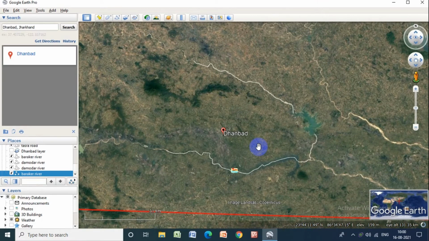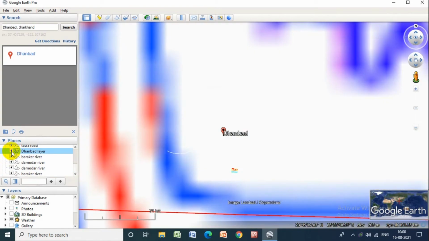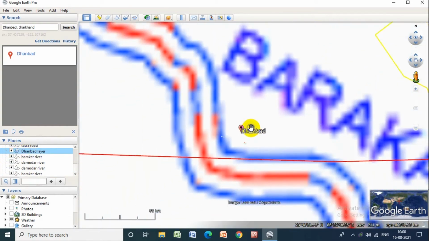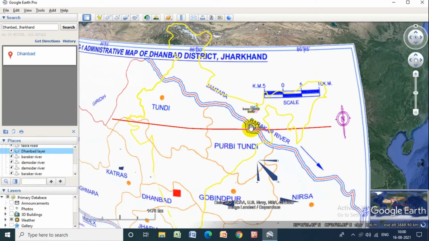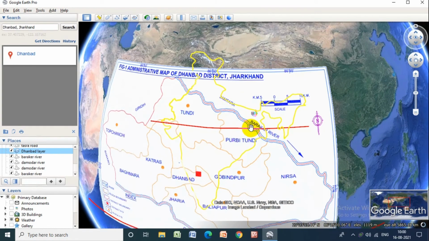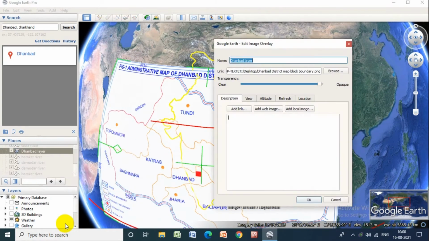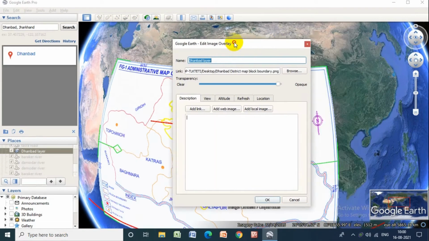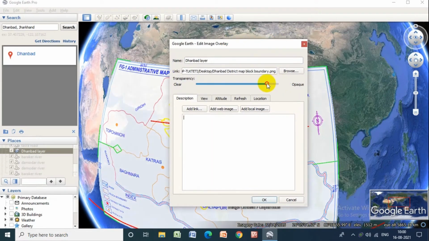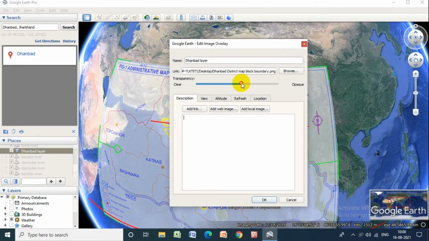Now we have to superimpose this map which is saved here, Dhanbad layer. So click on it. Go to the properties, reduce the opacity so the layer will be visible.